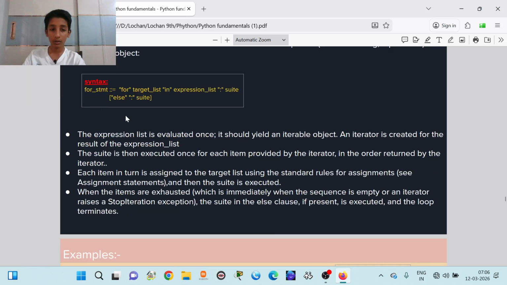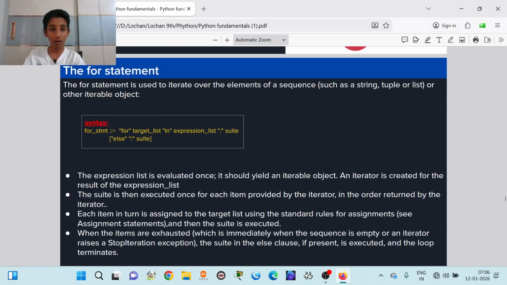So here this is the for statement. The for statement is used to iterate over the elements of a sequence such as a string, tuple, or list, or other iterable object. The expression list is evaluated once; it should yield an iterable object. An iterator is created for the result of the expression list, and the suite is then executed once for each item provided by the iterator,